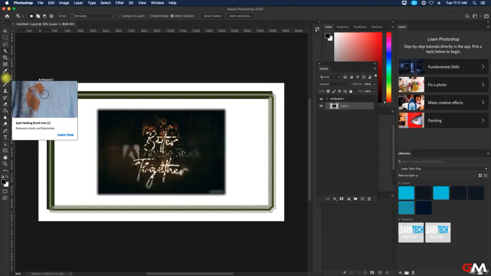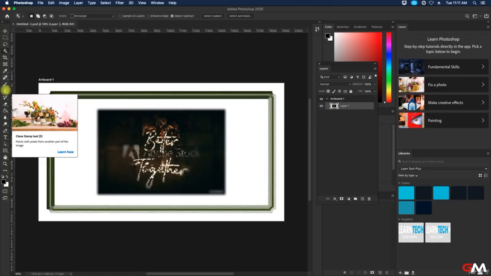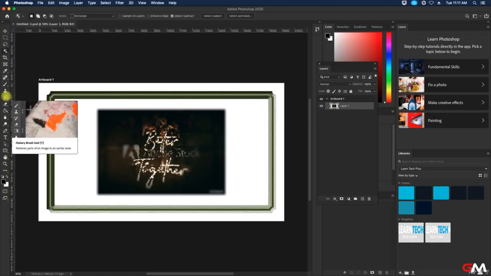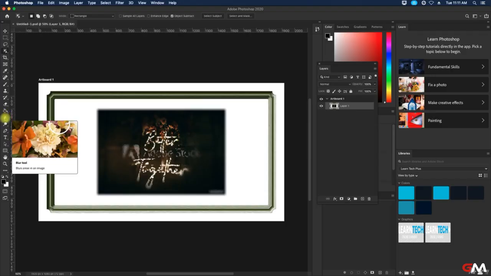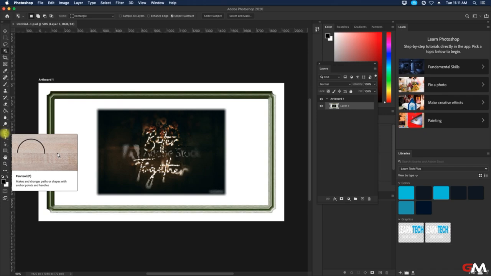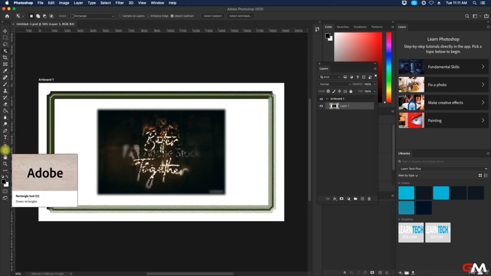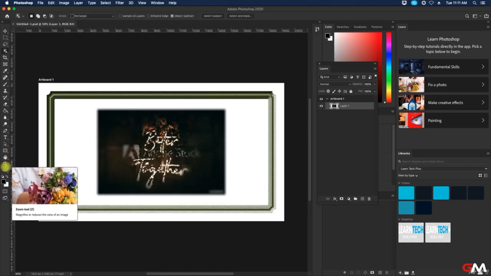Then the spot healing brush tool, the brush tool, the clone stamp tool, the history brush tool, the eraser tool, the paint bucket tool, and then the blur tool, dodge tool, pen tool, type tool, path selection tool, rectangle tool, okay, hand tool, zoom tool, okay, and